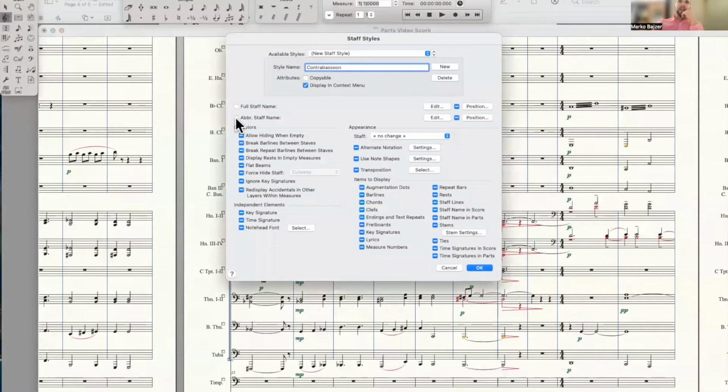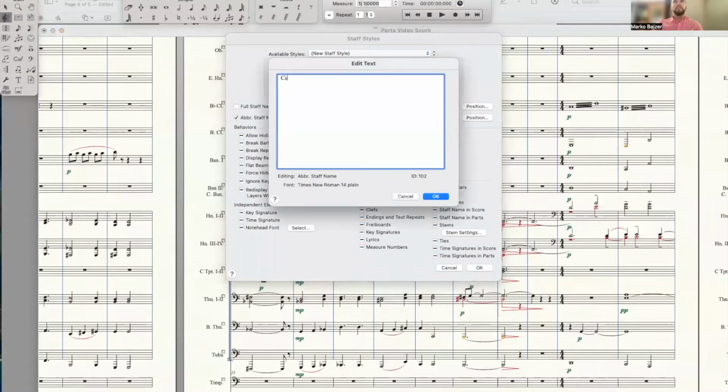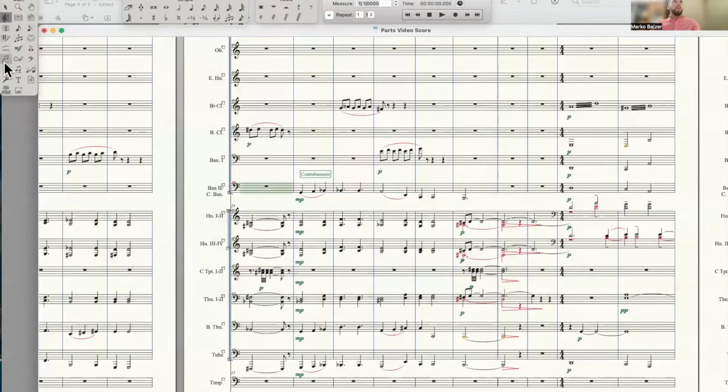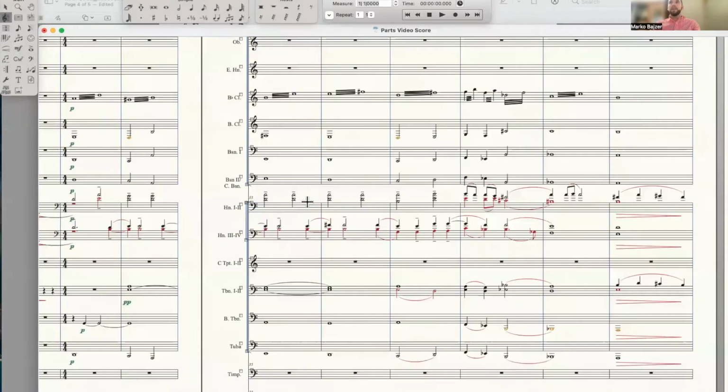And what this staff style will do is change the abbreviation name to CBSM, the standard abbreviation for contrabassoon. Okay, so I just checked abbreviated staff name, push edit, and then type that in. Now for this area